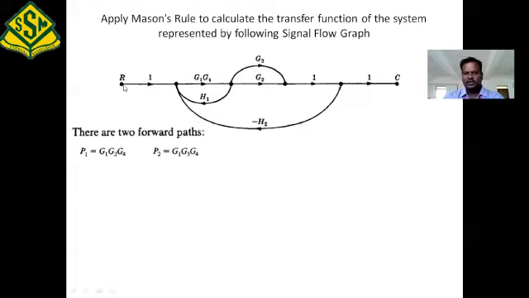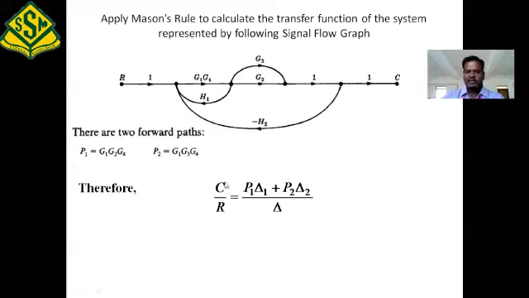You have another forward path also. Just follow the arrow mark, so this way. Through G3 you can reach node C. In a similar fashion, you have to multiply the gain products: 1 into G1, G4 into G3 into 1 into 1. So this is forward path 2, P2: G1, G4 and G3. Rewriting in the proper order: G1, G3 and G4. So in this problem you have two forward paths, hence the K value is 2.